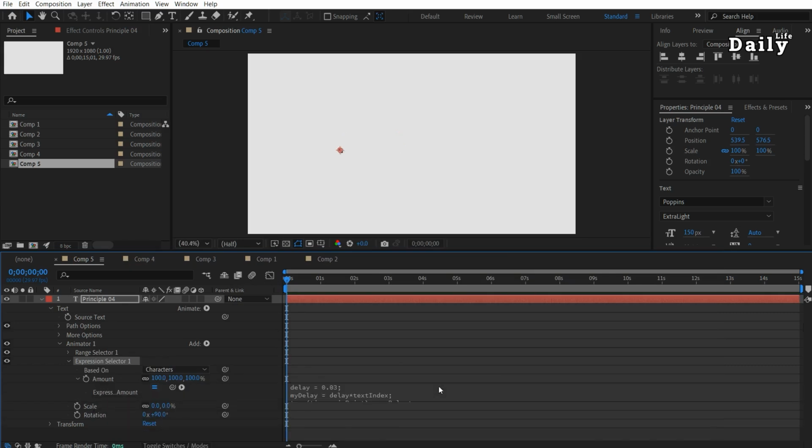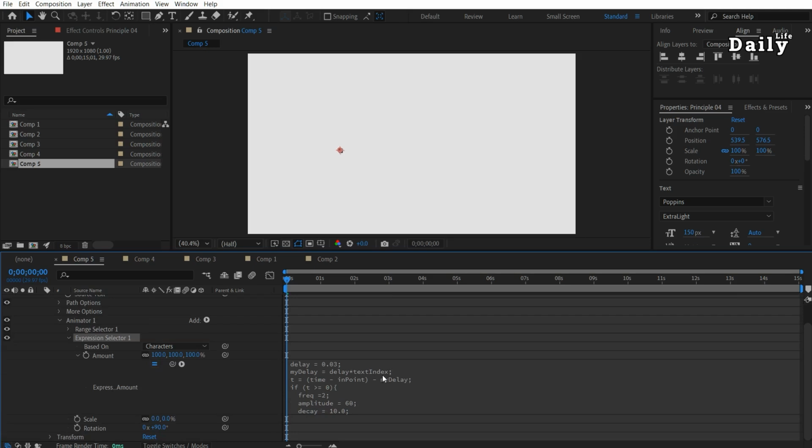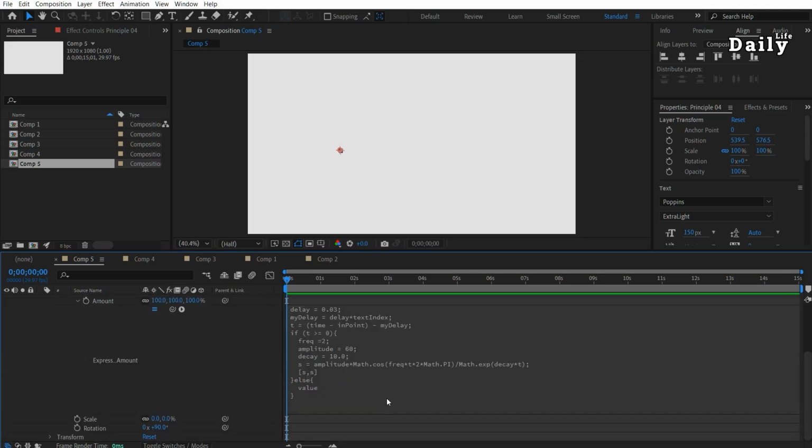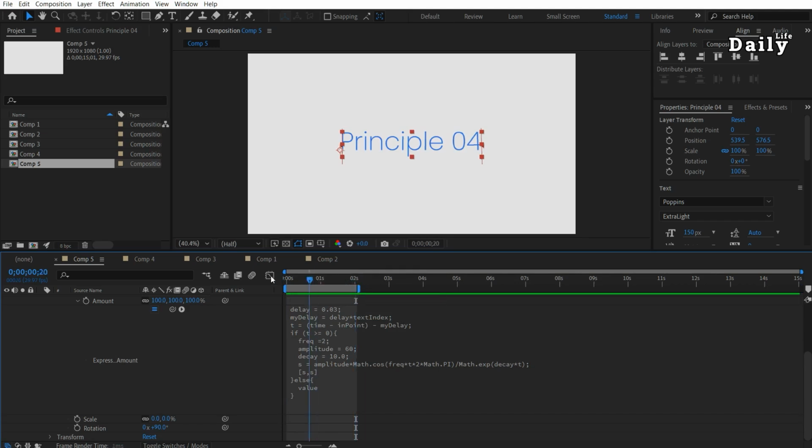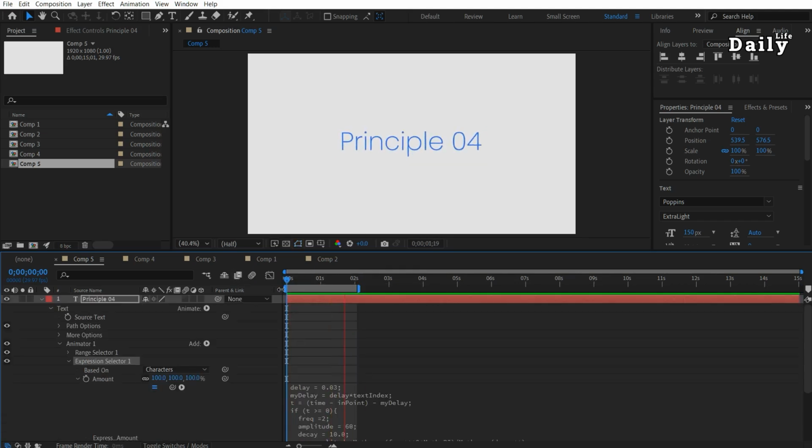Easy peasy. This code adds a super soft and bouncy animation to your text without using any keyframes, all based on properties. The expression starts from the endpoint, the beginning of the text layer. You can move the text layer to start the animation at any point you like.